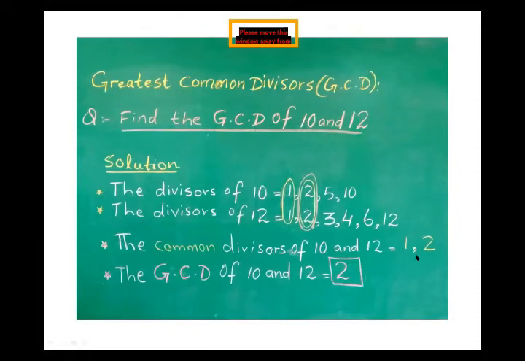So here we solve an example. In this example, we have only two common divisors, 1 and 2. 2 is the greatest between 1 and 2. So the greatest common divisor of 10 and 12 is 2. If you can understand, you can easily solve exercise 2.4 in your book at page number 19. Can you all understand? Shall we start our next topic?